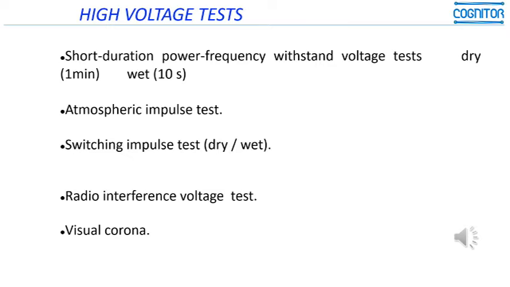We explained about this kind of temporary overvoltage in the chapter about insulation coordination. Atmospheric impulse test, switch impulse test, if applicable depending on the rated voltage level of the equipment, the radio interference voltage, and visual corona. We'll show most of these tests in more detail further ahead.